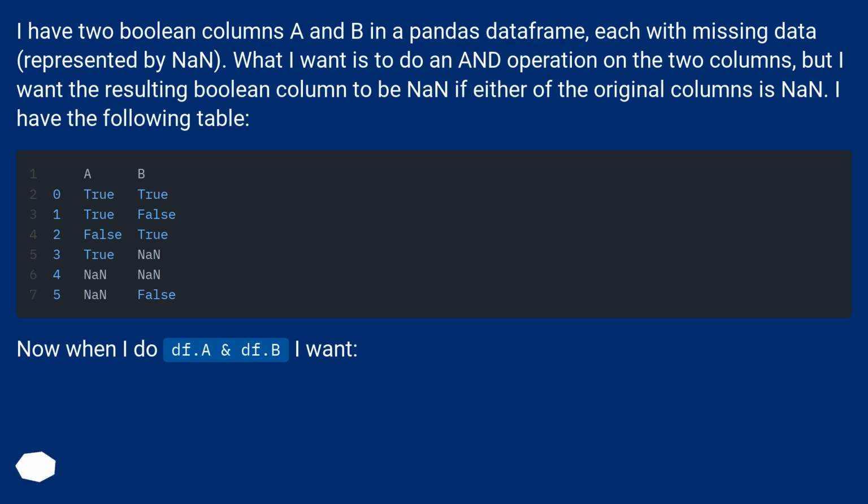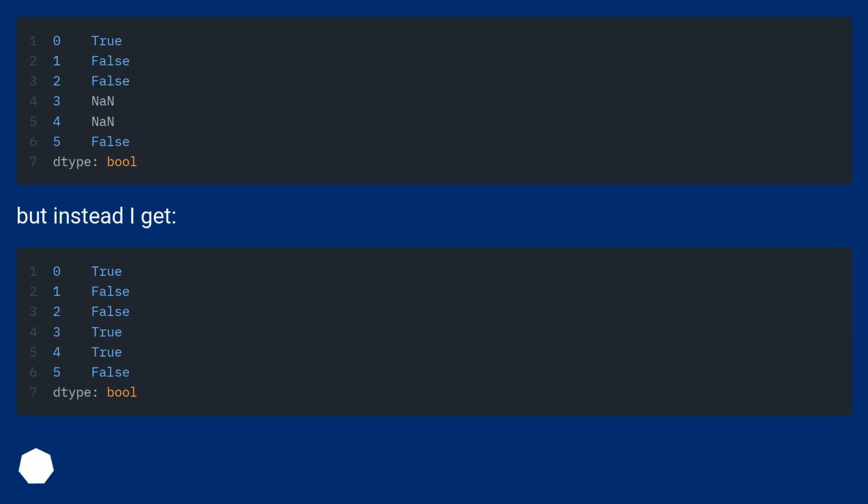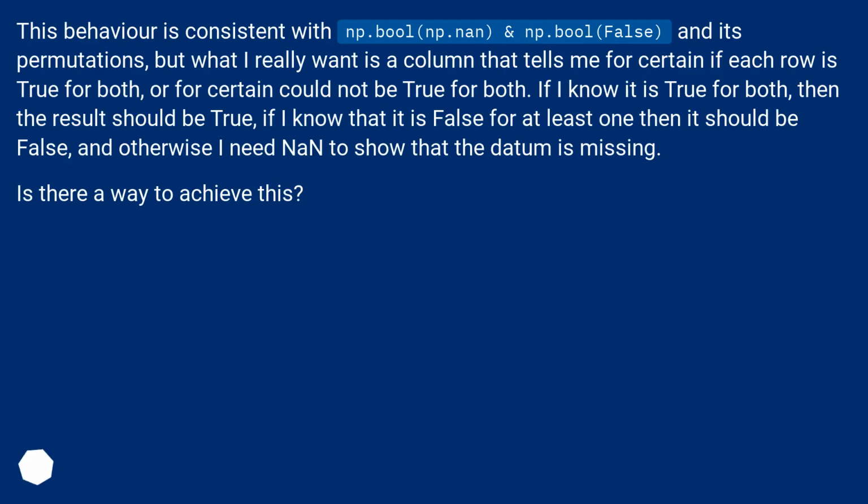I have the following table. Now when I do df.a and df.b, I want, but instead I get, this behavior is consistent with np.bool np.nan, and np.bool false, and its permutations, but what I really want is a